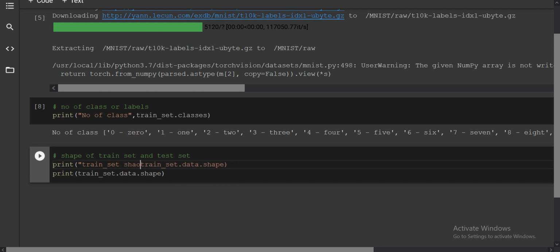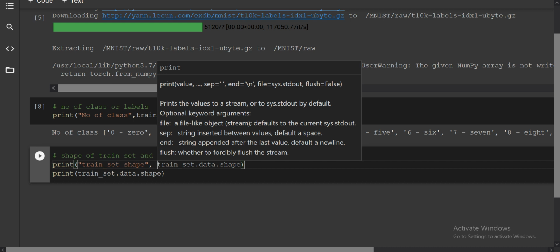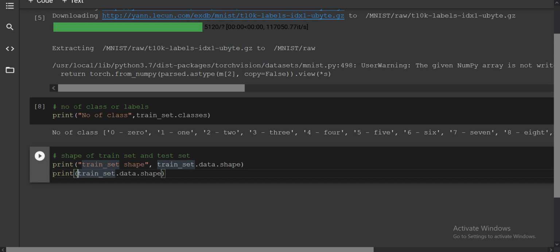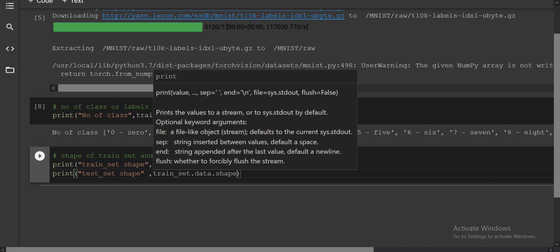I will go through each and every step so that it will be more clear. Once you understand the first project, it will be easy for you whenever you work on any type of data set. The process is the same in everything: how the model is built, how we do training, except you have to perform some pre-processing, which is different for various types of data sets. Here you write test set shape. That's it.